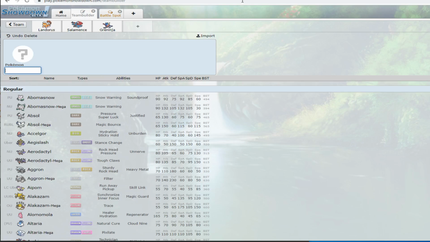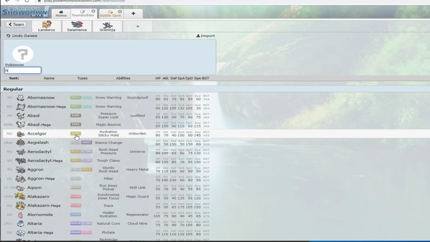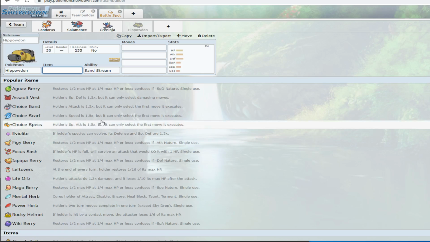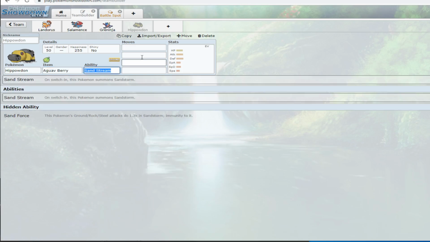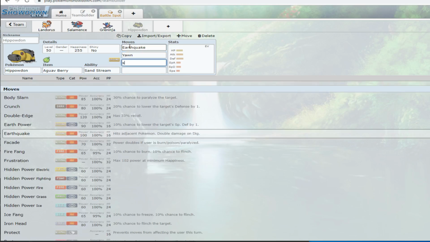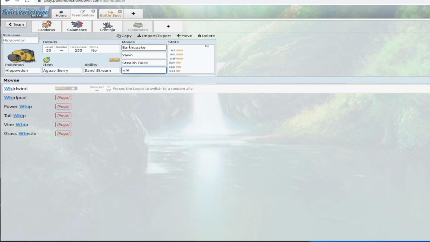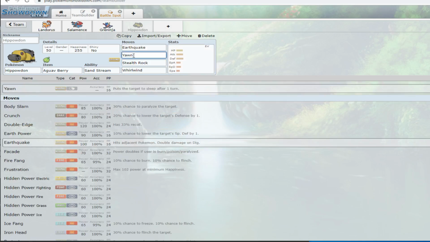Hippowdon. Hippowdon is quite unlike all of these Pokemon in that it's less adaptable, but it's very good at the two things that it does. So Hippowdon, you're almost always going to see one of two sets. A Bulky Berry set with EQ, Yawn, Stealth Rock, and Whirlwind. The whole point of this is you put up your Stealth Rock and then you phase Pokemon out using Yawn in order to get